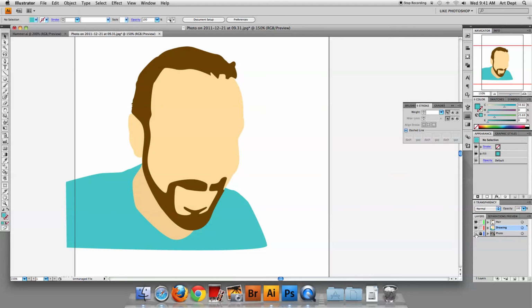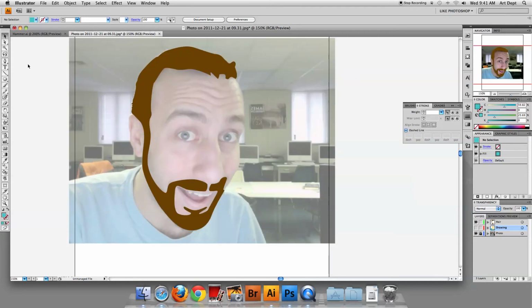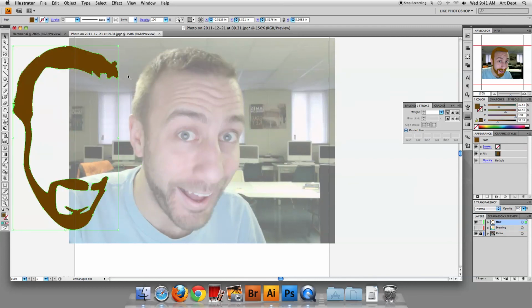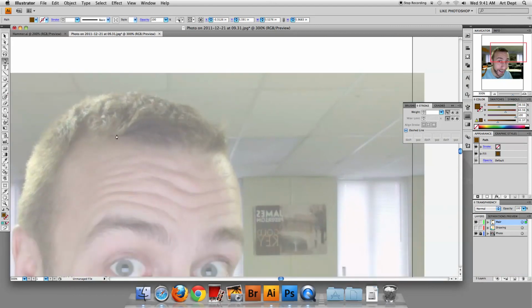Now, the idea is I can turn off my drawing layer now if I want, and I've got my hair there, I can get a photo, and maybe I want to start putting a little bit more into my hair layer, because I've just got one shape. But I've got highlights, and I've got spots that are darker. And if I went through and really started to detail this by clicking here and moving things around, like maybe getting this, I'm going to keep doing this, but I'm going to be talking to someone else, so